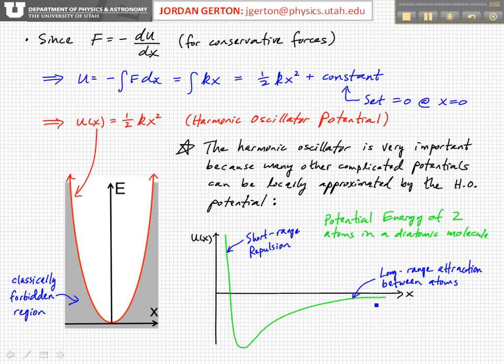Okay, so again, this is the potential energy curve for a diatomic molecule. At long range, the two atoms attract each other. X is the distance between them. At short range, they repel each other because they get close enough that the two nuclei start to feel their mutual repulsion, and so there has to be some sort of minimum at this particular value of x, a particular value of separation between the nuclei and between the atoms, and at that place, at that local minimum,